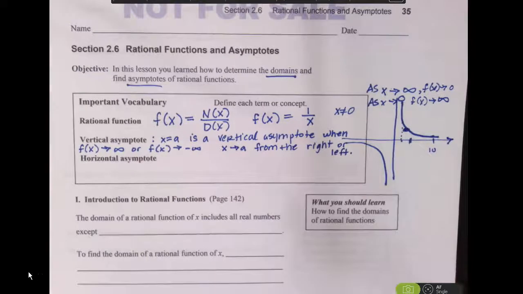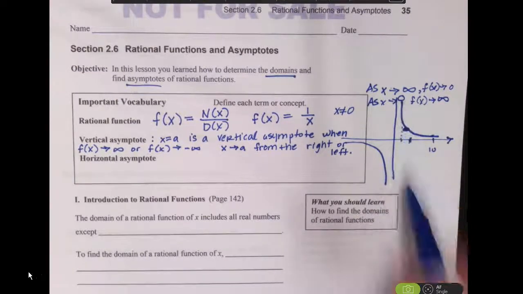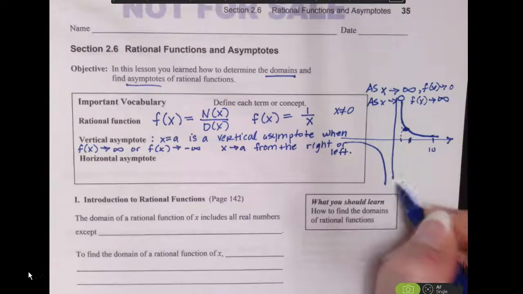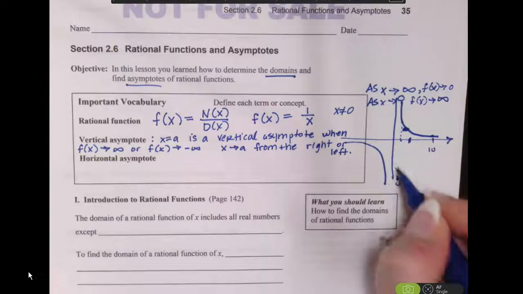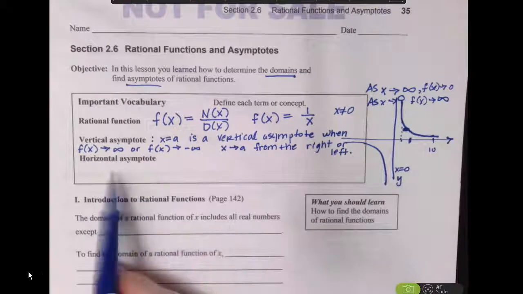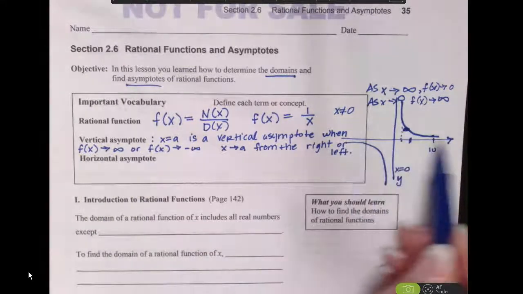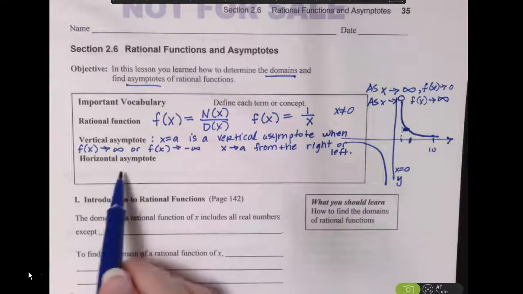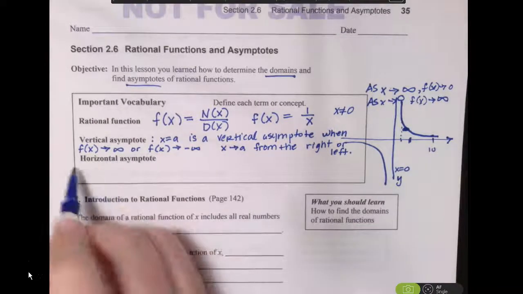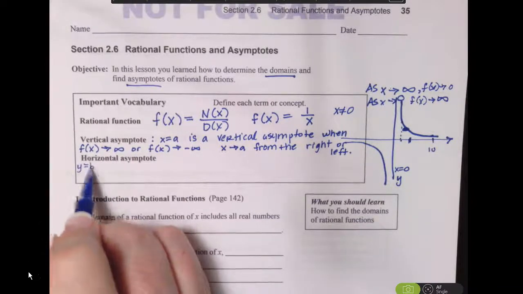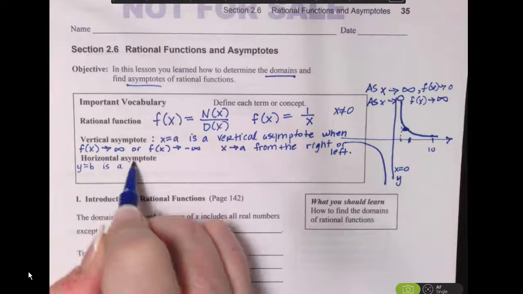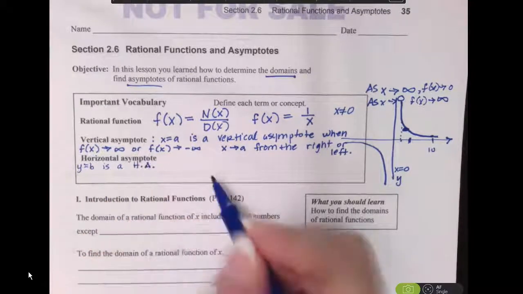And so this is an example of what a vertical asymptote looks like. That's the line, it's the y-axis, but it's also the line x equals 0. So now we also have a horizontal asymptote in this graph. And it's the same thing. y equals b is a horizontal asymptote, and I'll just abbreviate that, HA,